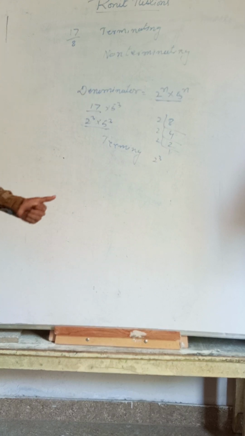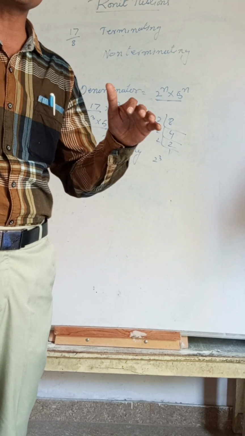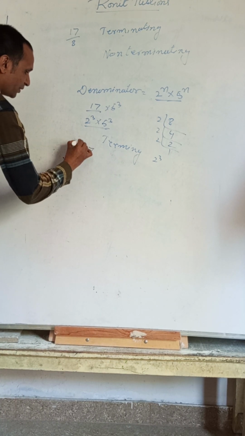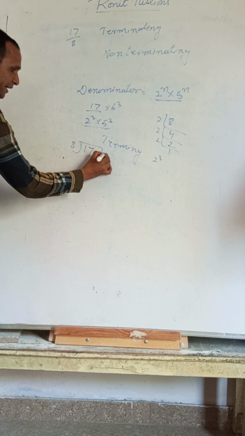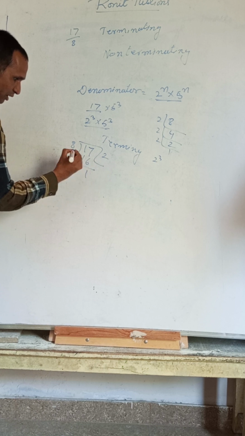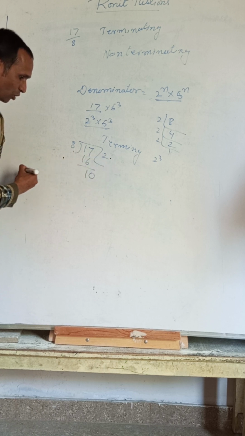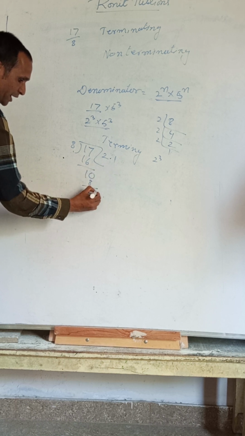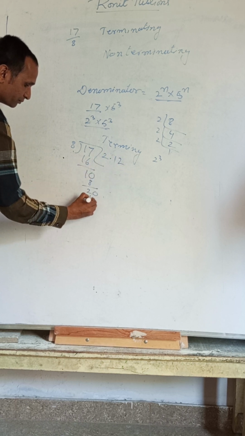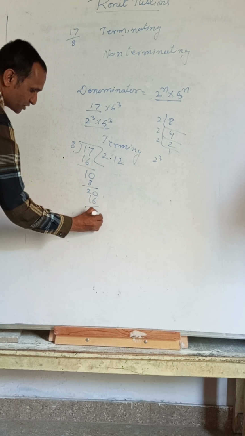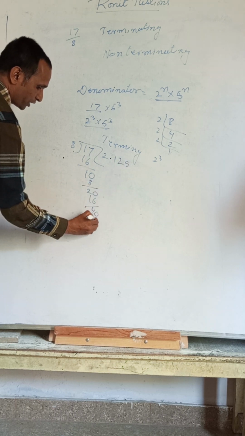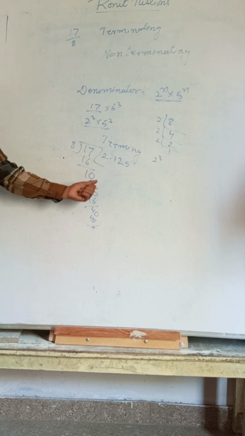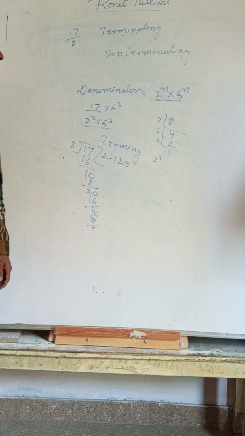If we divide the same number, then also it is 2 point something. Let's check whether it is correct or wrong. 17 divided by 8. 8 twos are 16, remainder 1. Put the point, take the 0. 8 1s are 8, remainder 2, keep the 0, 8 2s are 16, remainder 4, keep the 0, 8 5s are 40, remainder 0. It shows 2.125. It is a terminating number.